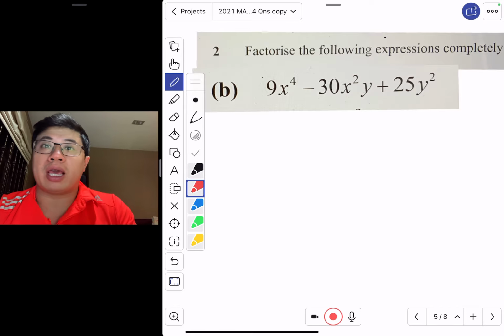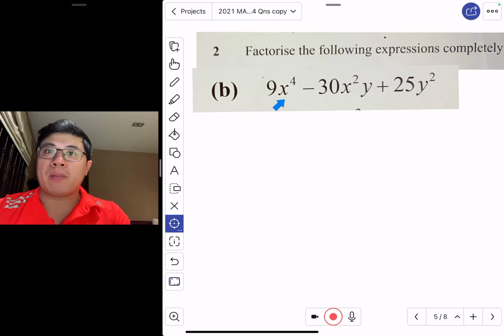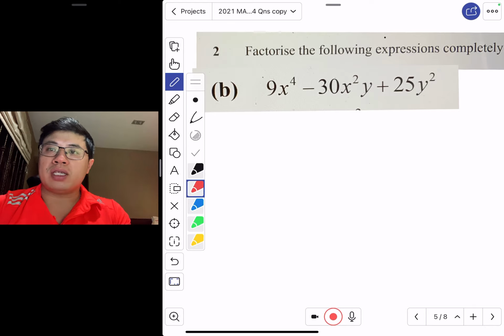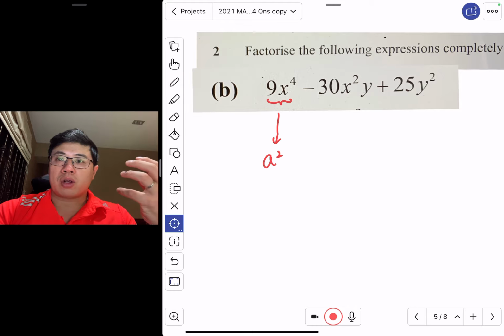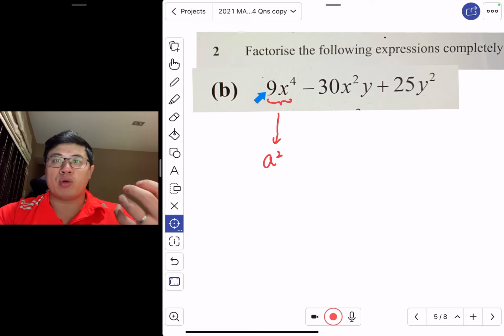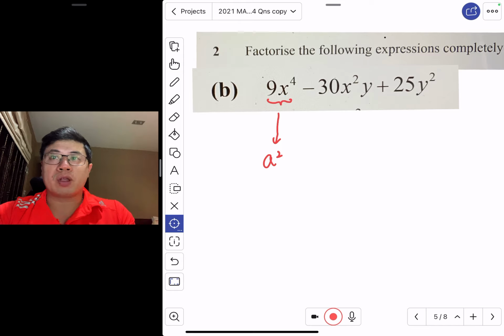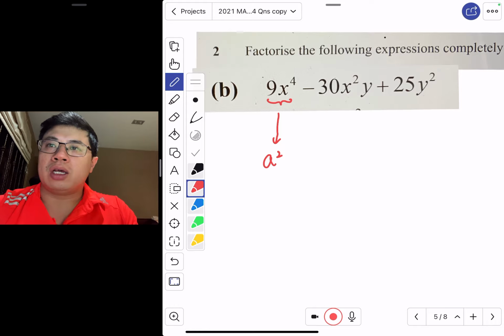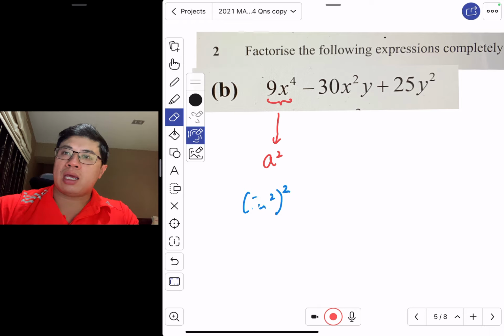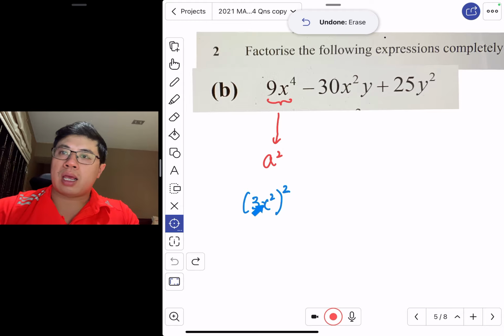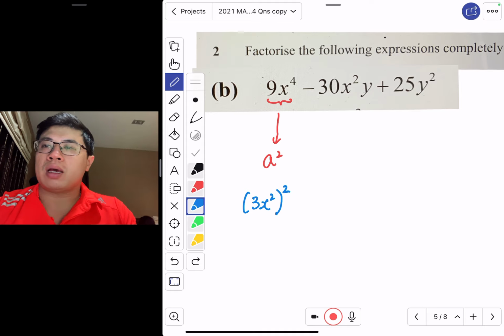So the placeholder for a square, you can see it's like a square minus 2ab plus b square. So supposedly if this is your a square, what will the a be? Take note that when you are computing your a square, you have to square root both the 9 and the x power 4. So in a sense, this is like 3x square to the power of 2. This is like an a square, minus